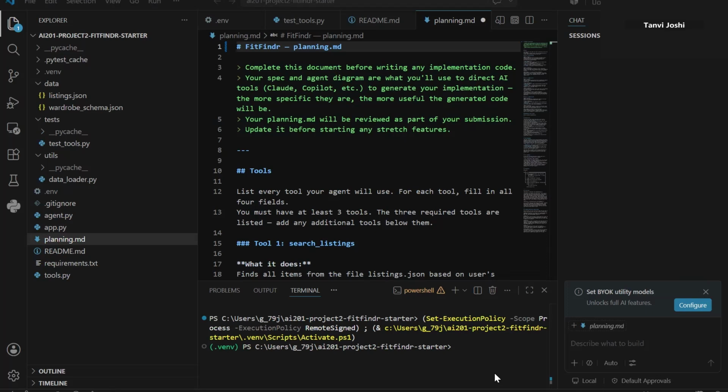FitFindr, a multi-tool AI agent that helps users find secondhand clothing and style it. When a user submits a query, the agent runs through up to 3 tools in sequence: search listings, suggest outfit, and create fit card. I'll walk you through a complete interaction and then show what happens when a search returns